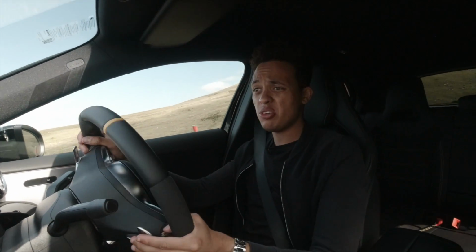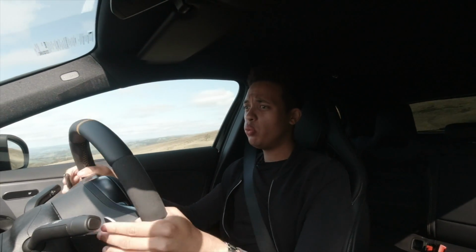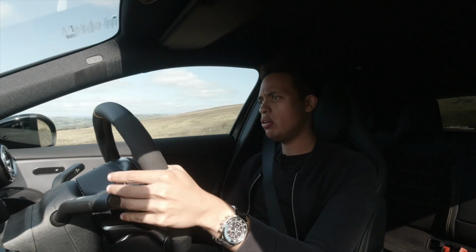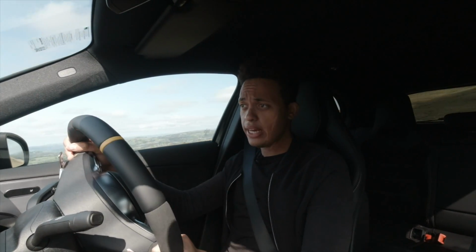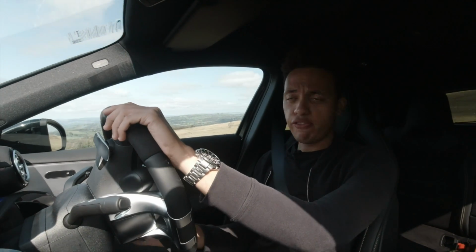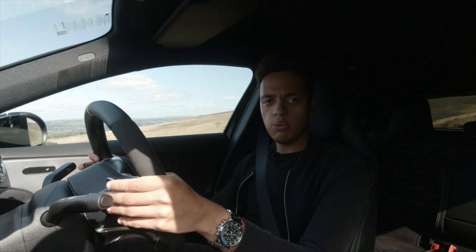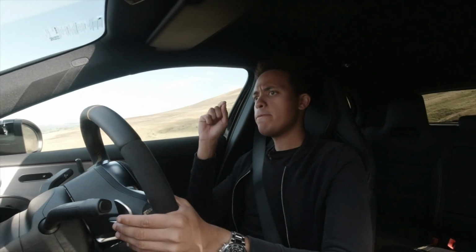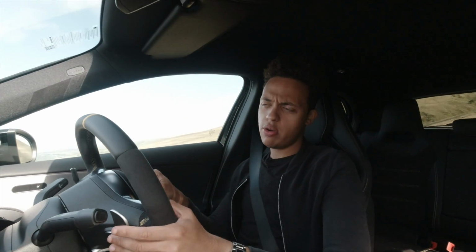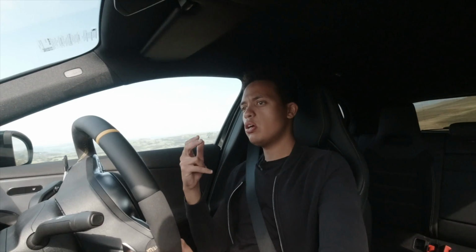The majority of people, in fact almost everyone who buys this car, will basically want to know what it's like on the road, and most A45 owners will want to know: does it make a good noise? Is it cool? Does it have a funky interior? And is it worth the £50,000 price tag? We're getting there very, very slowly. So we've already mentioned the steering, the transmission, and the motor. The next thing now is to wrap it all up and for me to tell you a conclusion of what